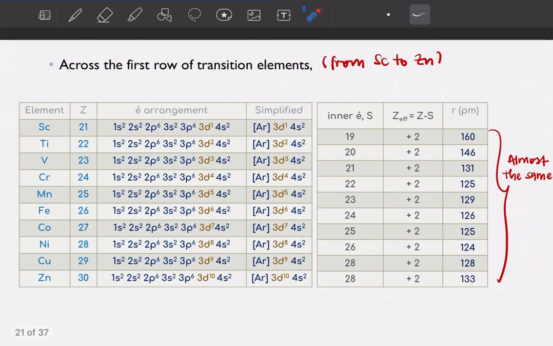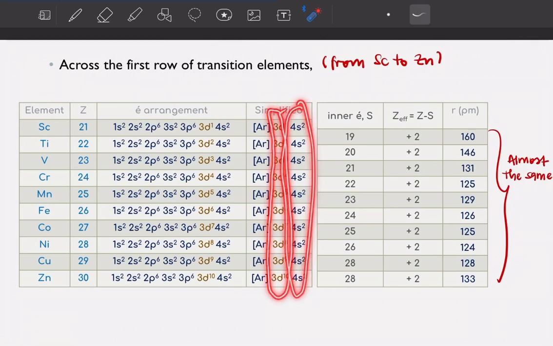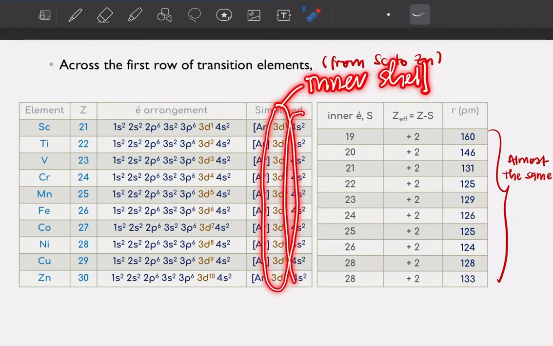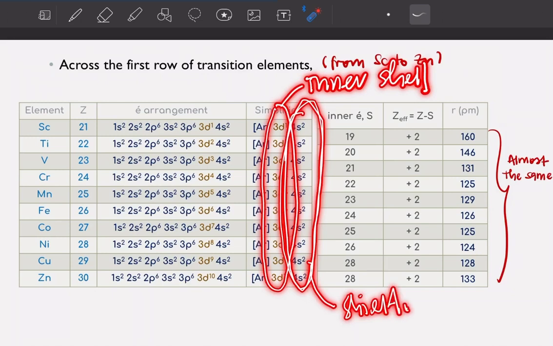Okay, so here we can see, going from scandium to zinc, across the first row of transition elements, you fill in electrons in the 3d orbital instead of the 4s, right? So you are filling in electrons in the inner shell. When you are filling in electrons in the inner shell, your 4s electrons will experience even more shielding effect. Will be more shielded by the electrons in the 3d